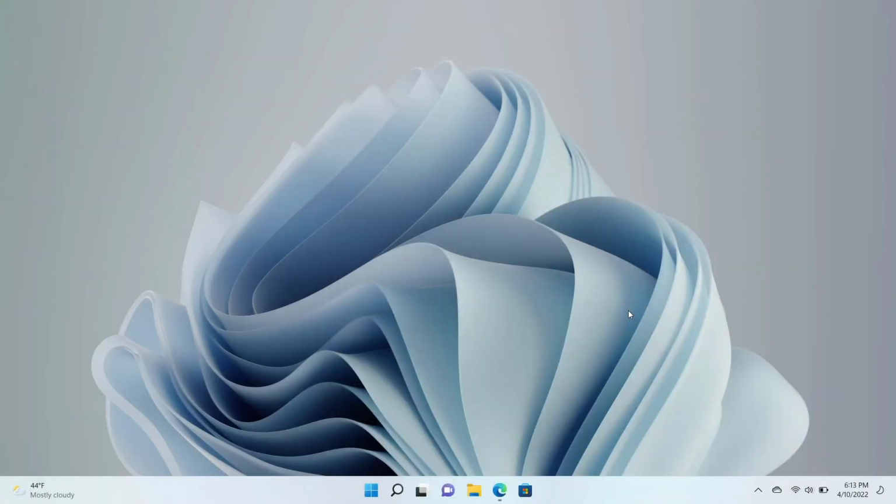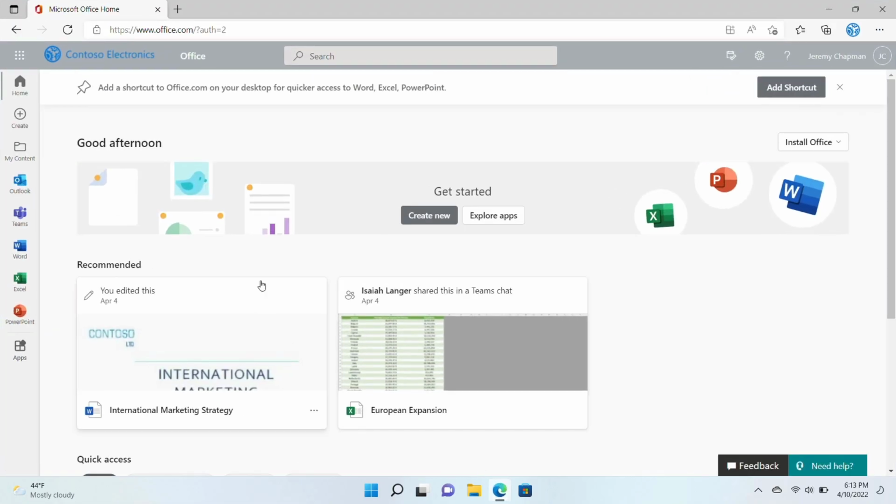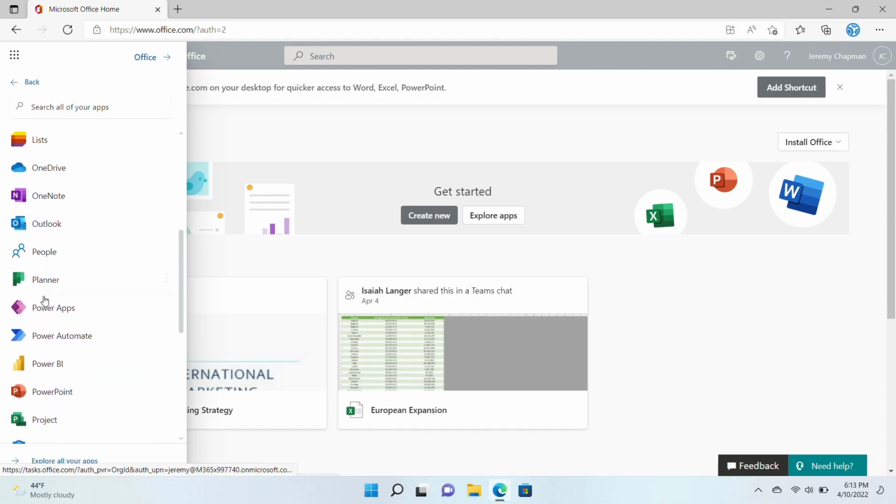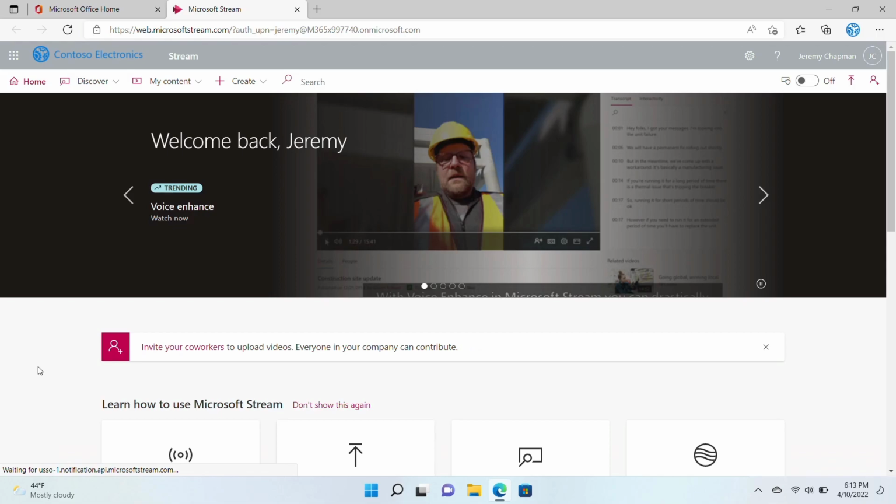Okay, so I'm going to go ahead and start in Windows 11, but this also works in Windows 10 as well as macOS from Google Chrome or from the Edge browser. So I'm in Office 365 and I'll navigate to Stream. If I don't see it there, I can go ahead and open up All Apps, then open Stream. And this is basically like a corporate YouTube type environment where you can upload videos and have them discoverable by